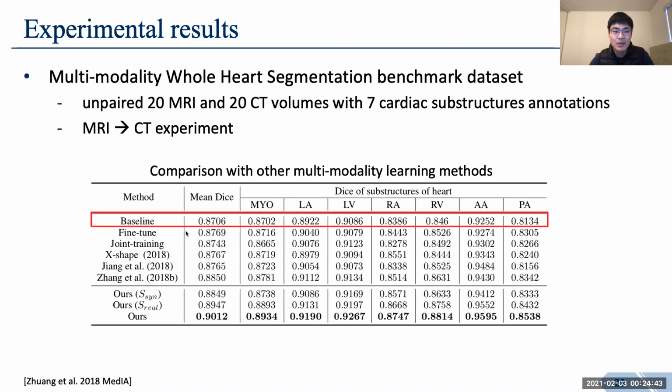And in this table, we first show the performance of the baseline. The baseline means we only use the labeled CT to train the network. And we also show the performance of our method. So comparing our method and the baseline, we can see our method achieved a higher mean Dice than the baseline. So it shows the effectiveness of utilizing MRI data to boost the